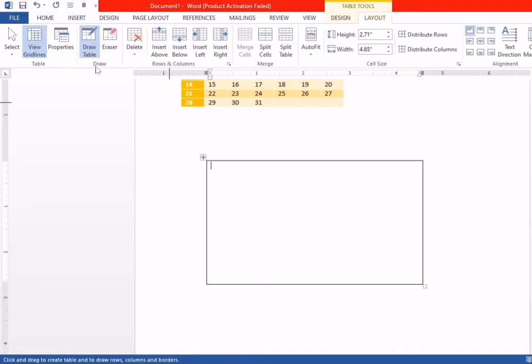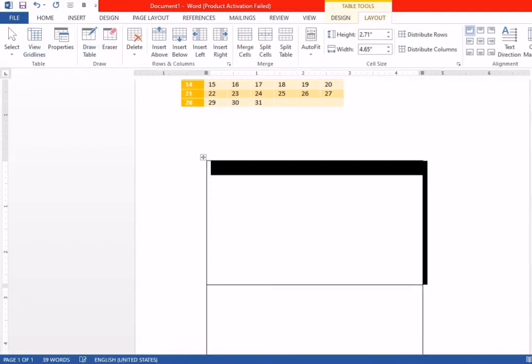After this, you can see these options appear here: view gridlines, draw table, erase, delete, insert. In rows and columns there is insert above or below. For example, if I click on insert above, you can see another row appears above.